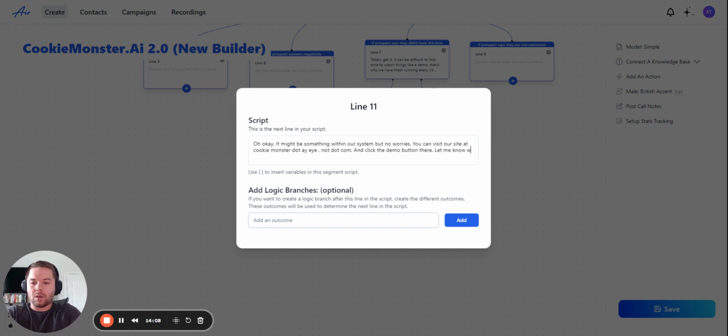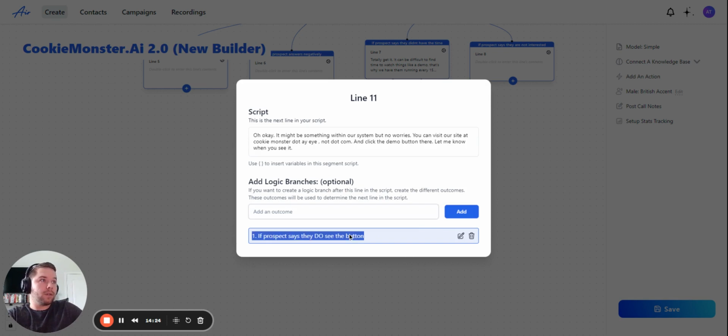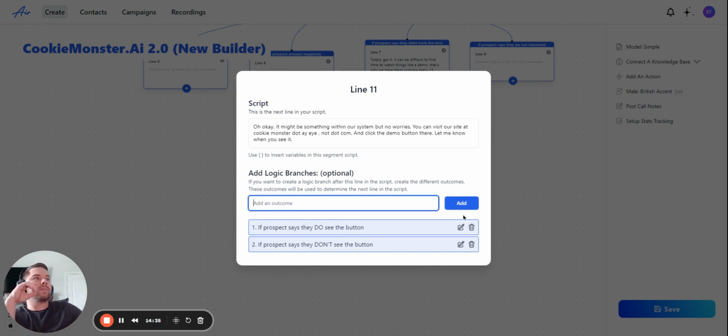Let me know when you see it. If prospect says they do see the button, and if prospect says they don't see the button,